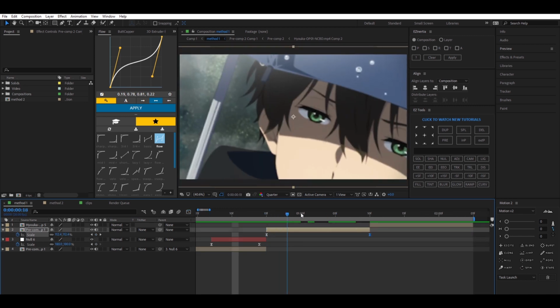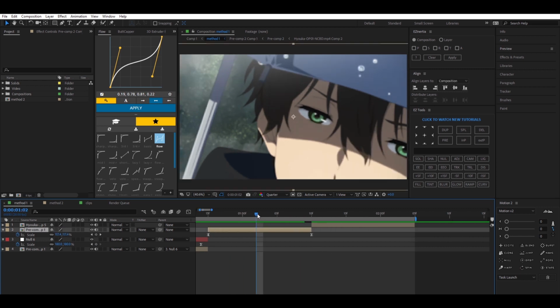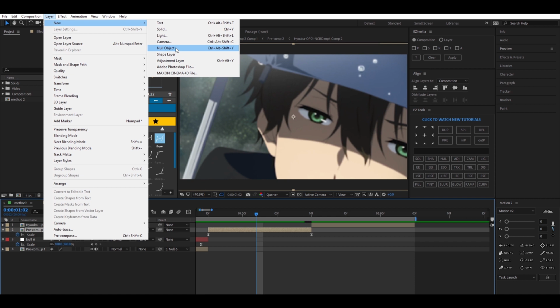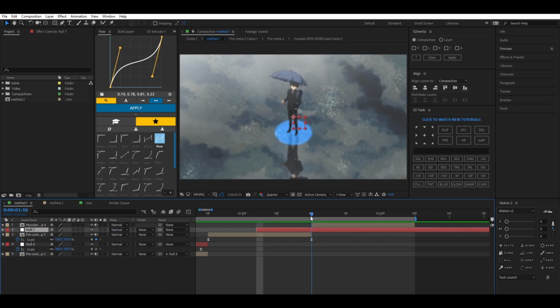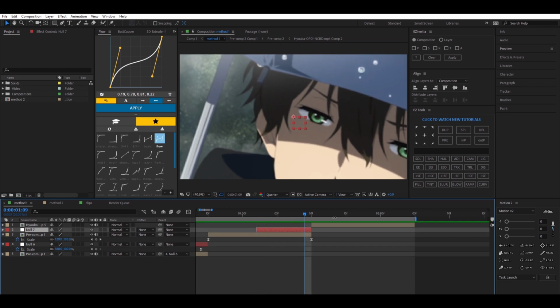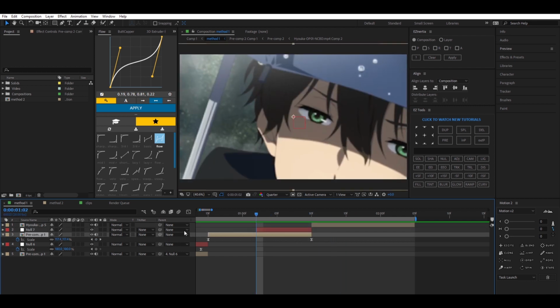So once we have our fake zoom in, you're going to add another null from the middle of your clip to the end of it. So click on your layer, go to Layer, New, and Null Object. And then you're just going to cut it like so. And then we're going to do a zoom out from this clip to this clip. So what you're going to do is parent your second clip to your null like so.